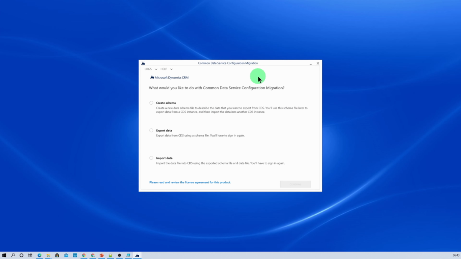Now a few more important things I want to tell you before you use this Common Data Service configuration migration. One thing is that your CDS entity or your Dataverse table should be available in your source as well as destination. For schema migration, this tool is not useful. For table schema or entity schema, you need to use the separate procedure that I have shown you in my earlier video with the export and import procedure. So first of all, you need to migrate your entire schema, and after that you need to use this utility to migrate the data from source to destination. Hope this tip is helpful to you.